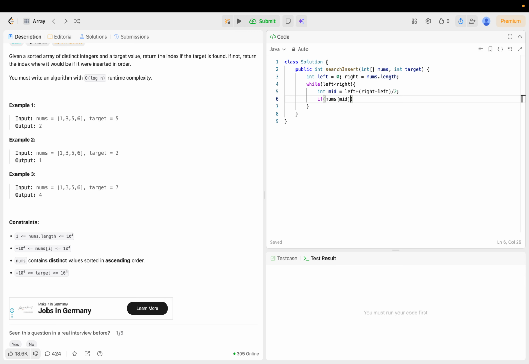The mid element will be dividing the array, and we'll be picking one mid element and checking if the target is equal to the mid element of the array. If the target is equal to the mid element of the array, then we will return the mid from here. Now, the second condition we'll be checking is